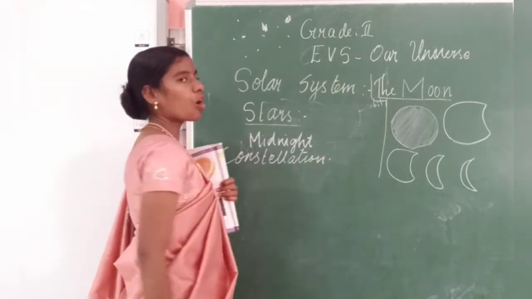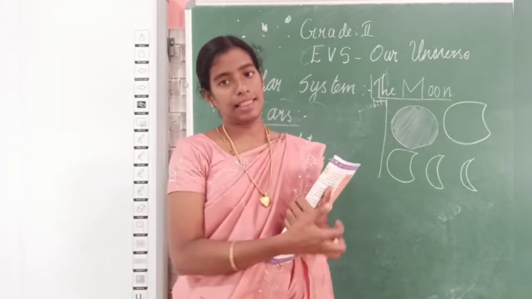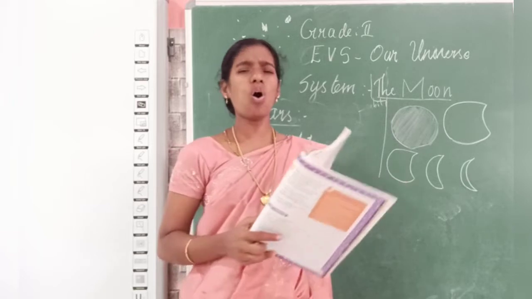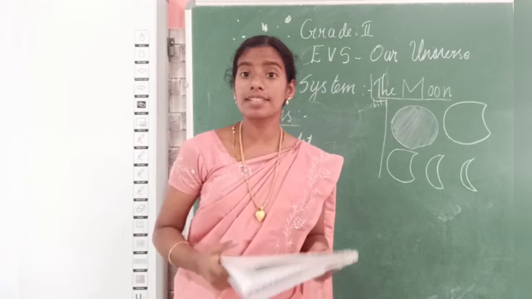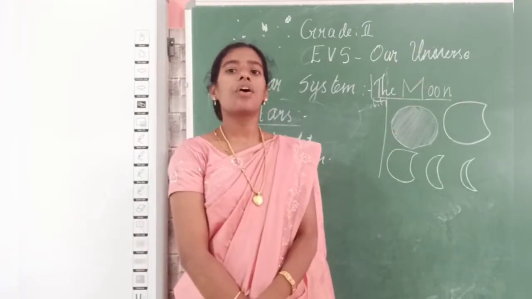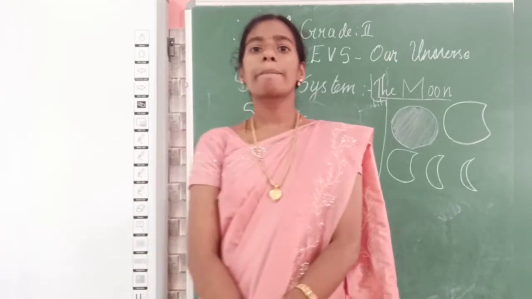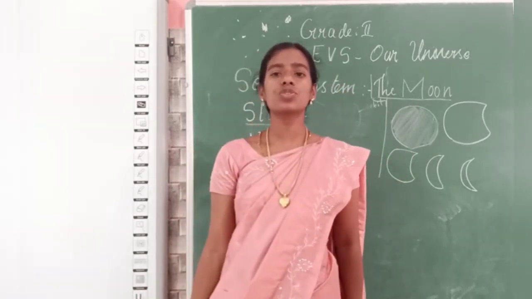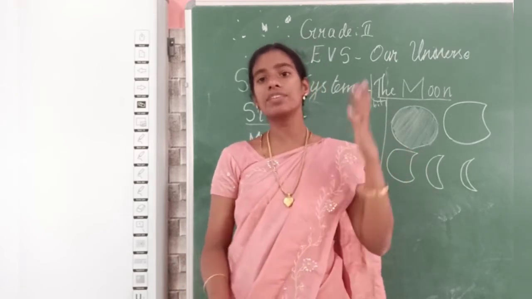When the stars form some pattern in the sky, it is called constellation. So, we have a large number of stars, and they are very large in size, but as they are too far from Earth, they are very small to our eyes, and because of the sunlight, we cannot see the stars in the morning. Because sunlight is too high, the power of the sun is high, so we are not seeing stars